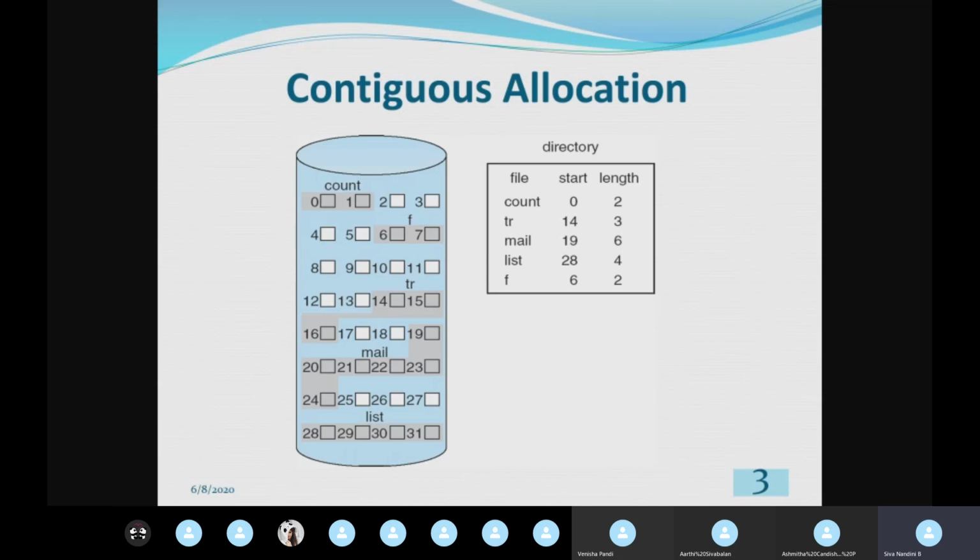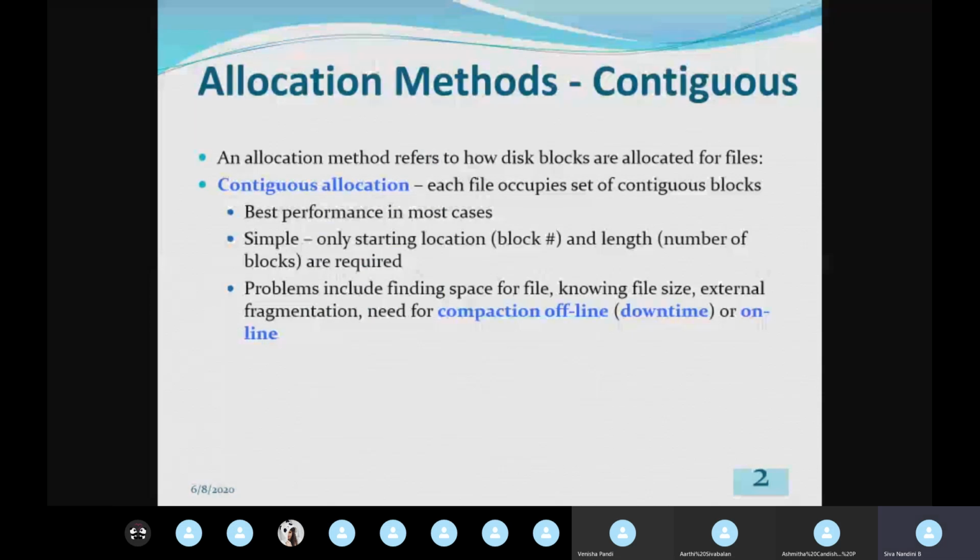Like this we can have contiguous allocation of a file in the disk storage. This contiguous allocation will be best in performance in most cases, but if we don't have that many continuous blocks, it may lead to some performance degradation.